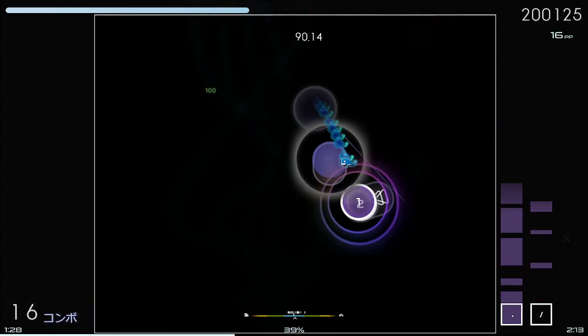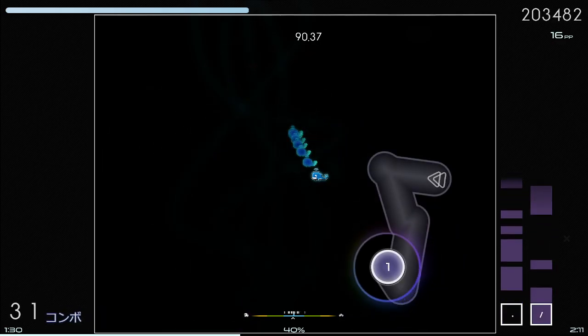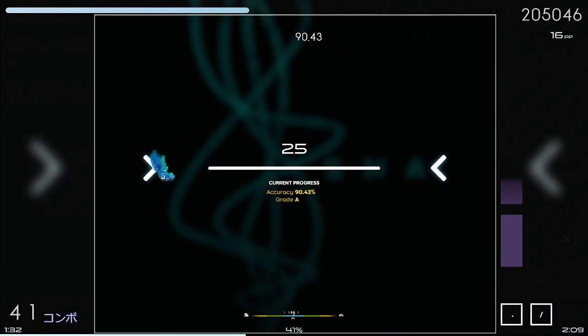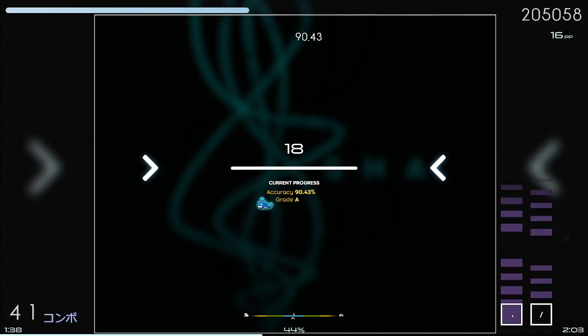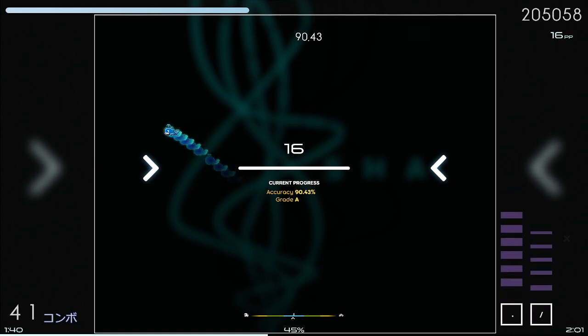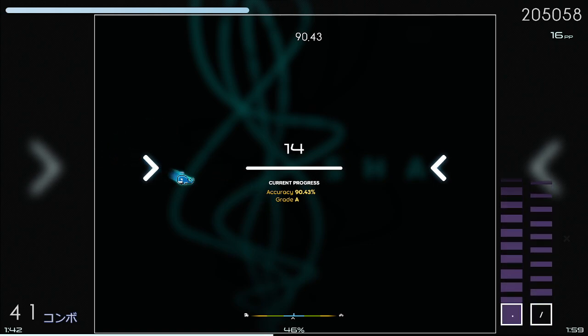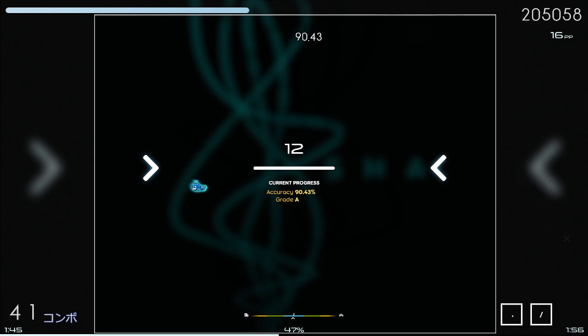But there could also be other reasons. If you are aiming too slowly, it could be because you think the stream is slower than it really is. Or it could be something with your tapping as well. There are many different things, basically, is my point, about why a certain mess up is happening in your replay.